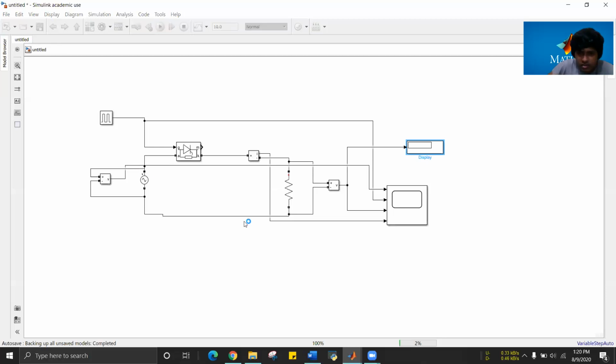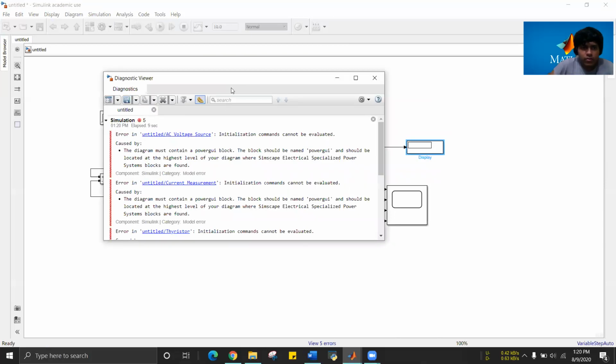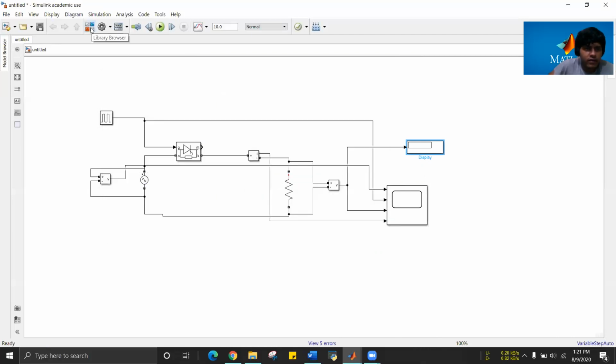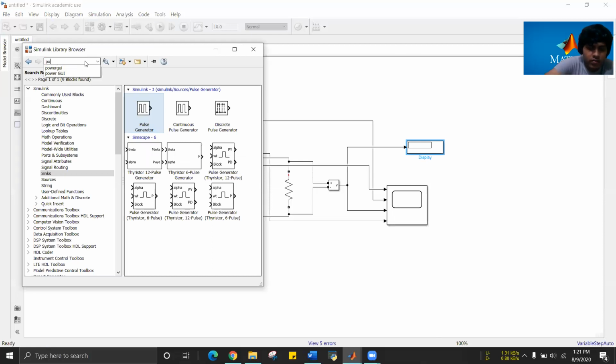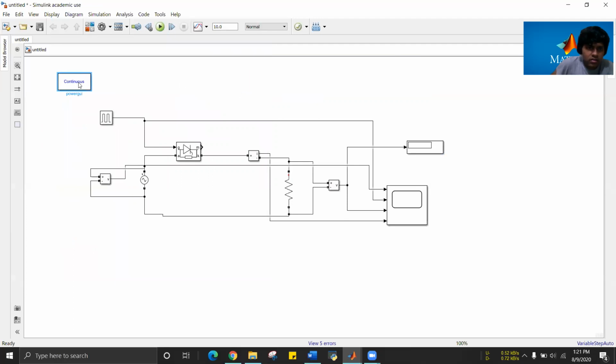Okay, as you can see, it has started compiling. So we'll just wait. Yeah. So this is what I wanted to show you. It will now show an error. Why? Because one component is missing, and you must never forget that component when you're working with Simulink. Even I forgot this now. This is Power GUI, graphical user interface. So I'm gonna add it. Just add. Now it will compile. It won't show any error. You can see it's compiling here.